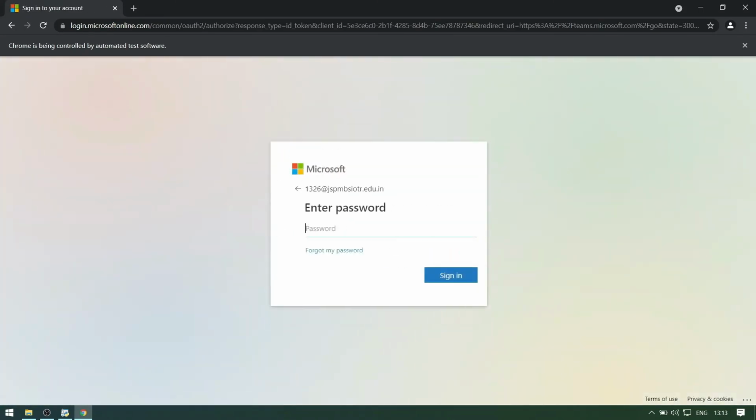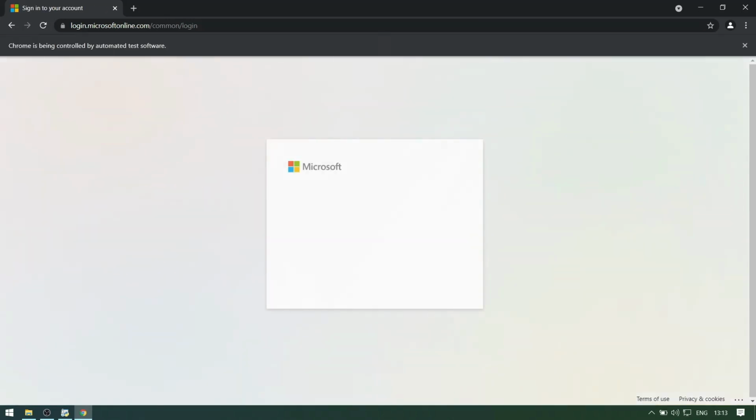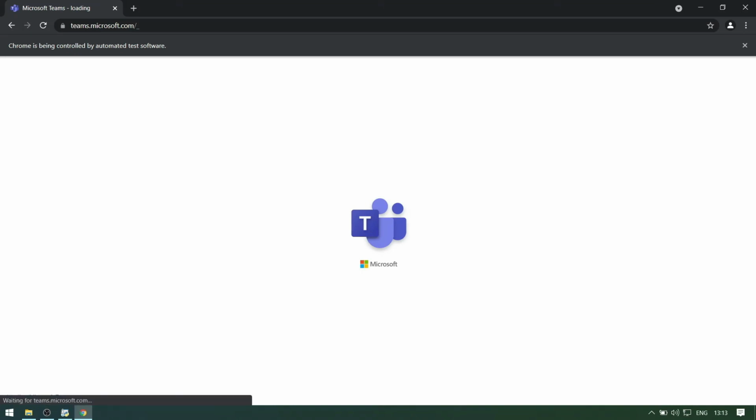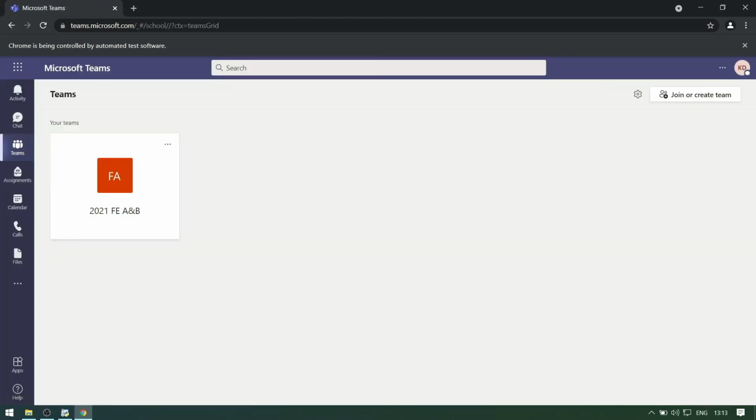The bot will open the Microsoft Teams website. It will fill the username, then it will fill the password and then it will proceed further. As you can see, it is logging in to teams.microsoft.com.